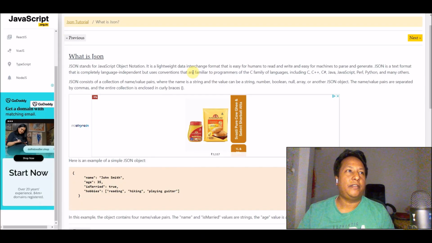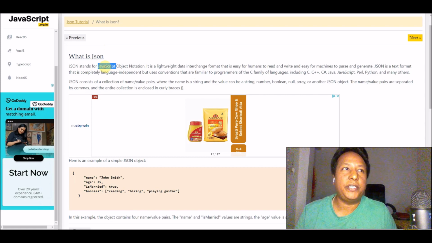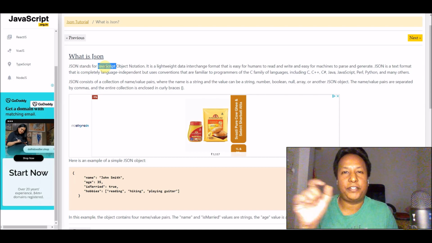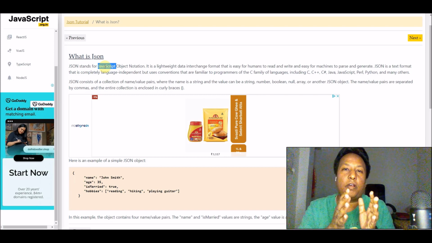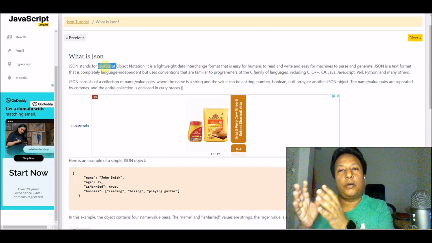So the first thing that we need to understand is the full form of JSON. The full form of JSON is JavaScript Object Notation, and it has been derived from JavaScript. So it's using the syntax of JavaScript, and it is a file format. Its extension is .json, and it is basically used to share the data from client to server or server to